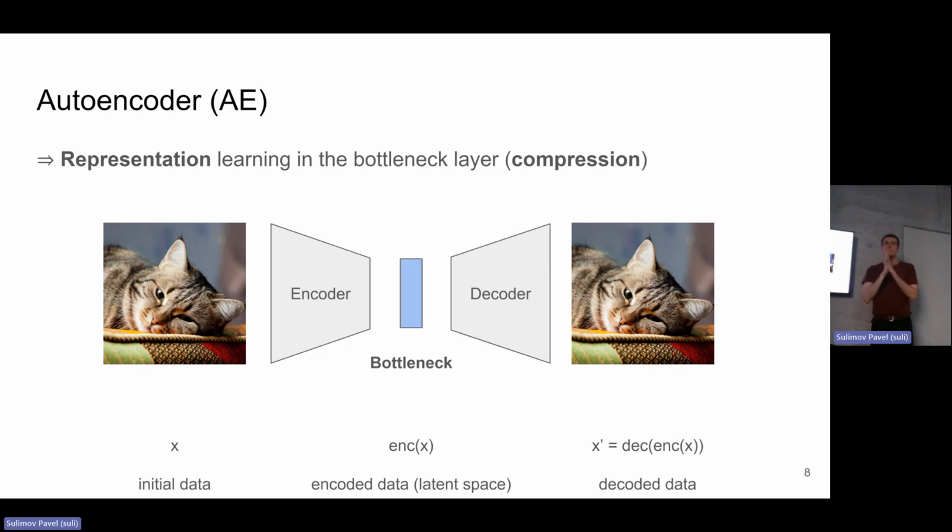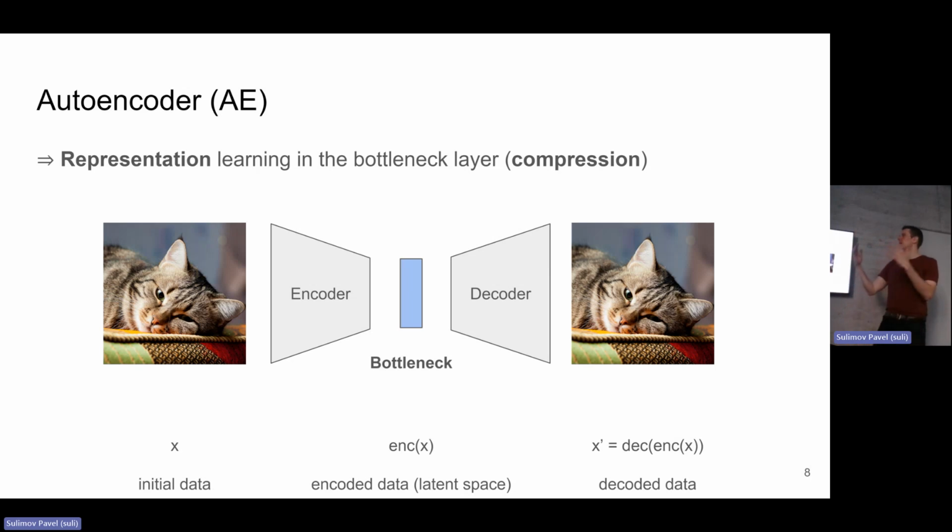The architecture called the autoencoder is going to be one of the first that you learn in your first machine learning or deep learning course. It is the basic idea: imagine that you have some data.